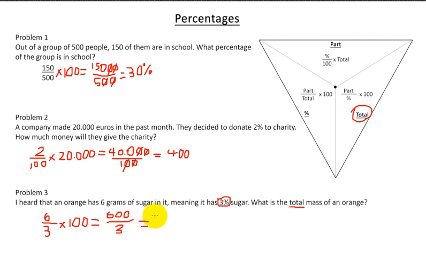600 over 3 makes 200. Which is the same thing that I would have gotten if I did 6/3 into 2 times 100 makes 200. If you missed this part, I did 600 divided by 3 makes 200. Okay, now